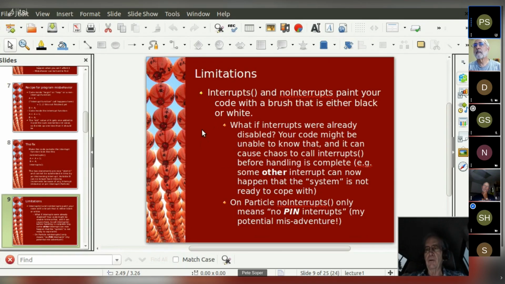But if you try to do that, then when you enable interrupts, you've enabled them too soon. And so interrupts are enabled as you're returning, and the calling code is running to completion with interrupts enabled. And that's a very bad thing. And as I mentioned, with Particle, no interrupts only means no pin interrupts.